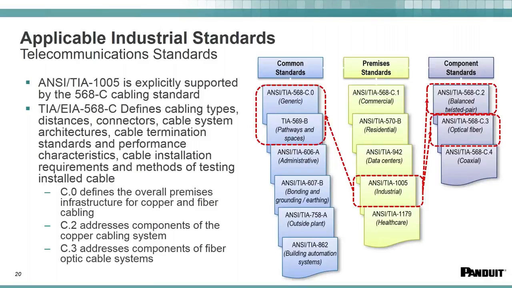And then there also are some component standards that we need to follow. Those tell us about the performance capabilities, architectures, methods for termination of our copper and fiber network, and how to address each of those elements as far as deployment and the types of testing required